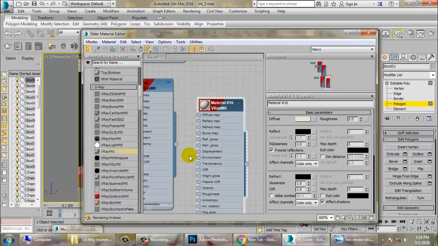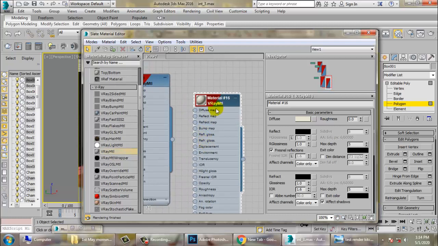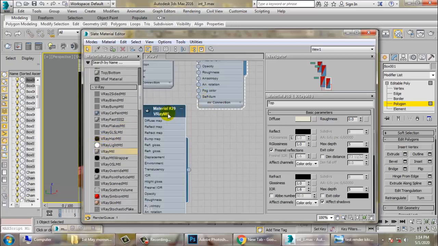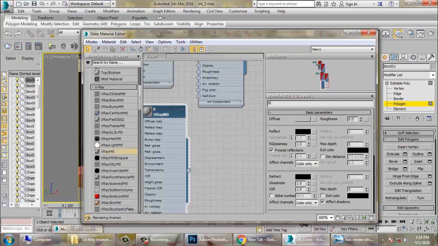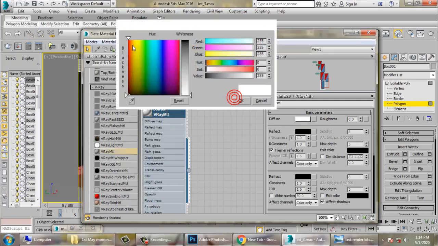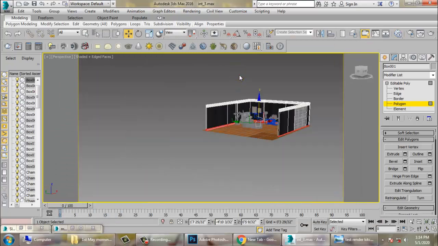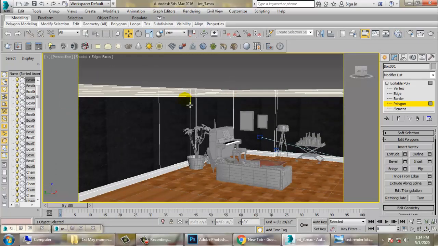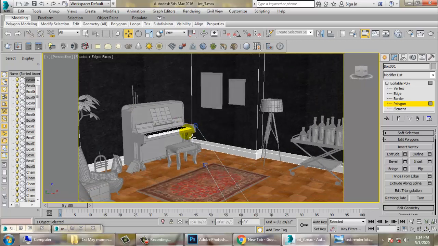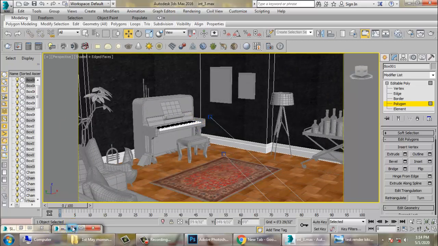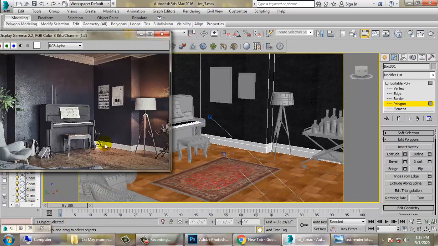Again go into material and take a V-Ray material, and let's give a white color to it. So assign these colors. I have assigned a bit of a yellowish color on the top and white color at the bottom.